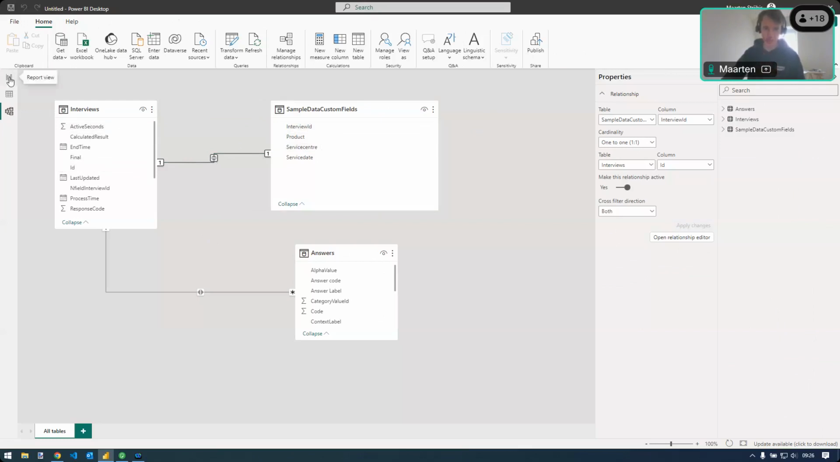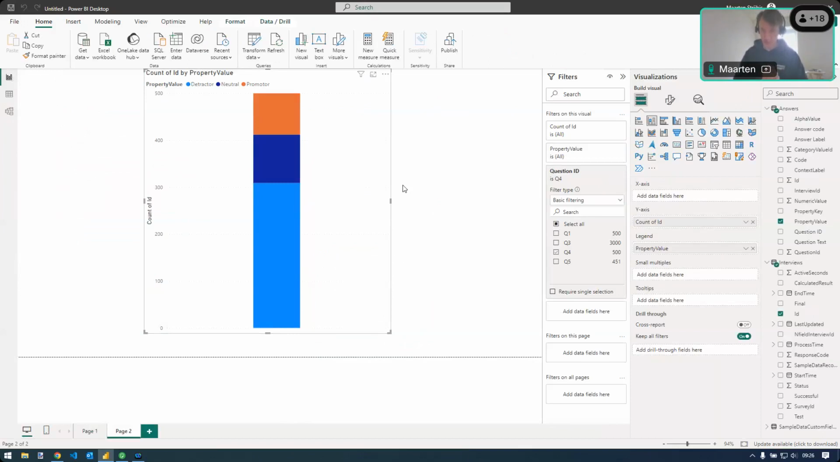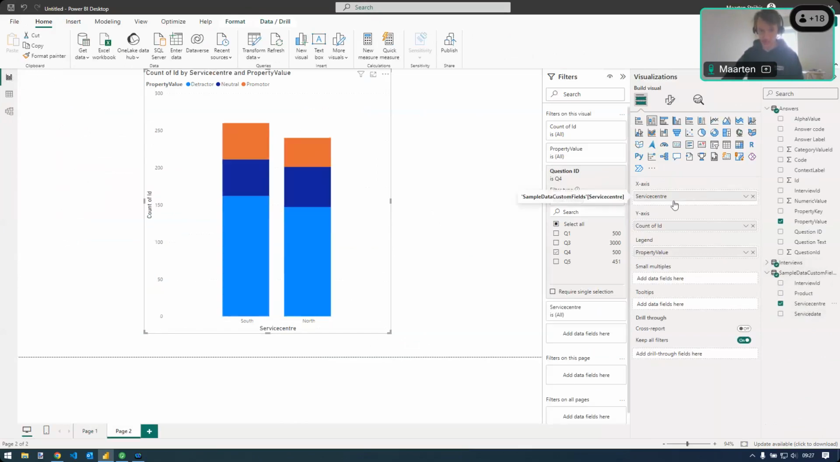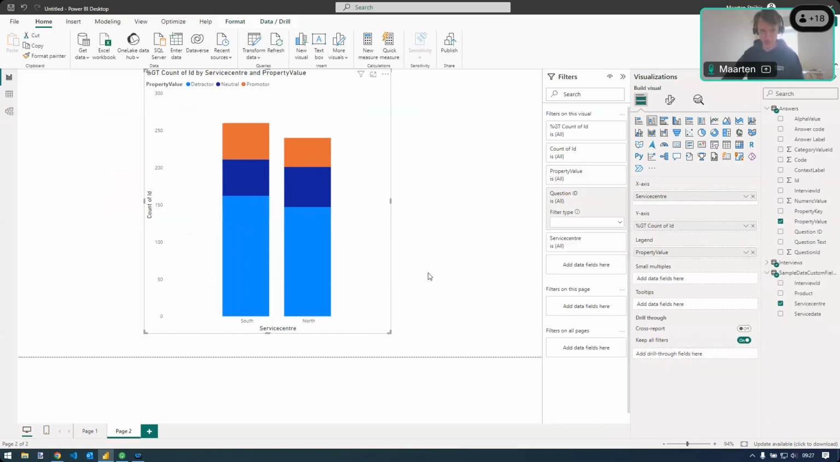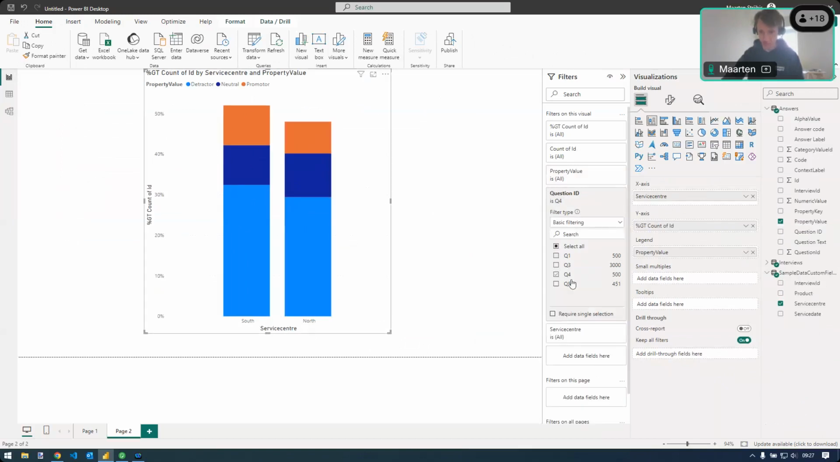And this should set us up to basically split this chart that we have by, let's say, service center. So we can go to the sample data custom fields. Let's select service center as our x-axis. And you can see now that this is the distribution between south and north. Again, this is the counts, but let's make these, instead of the counts, the percentage of the grand total. And we actually want to have the column total, which means that we would need to